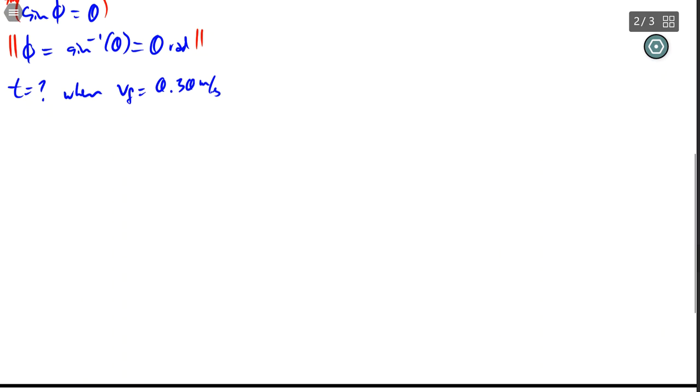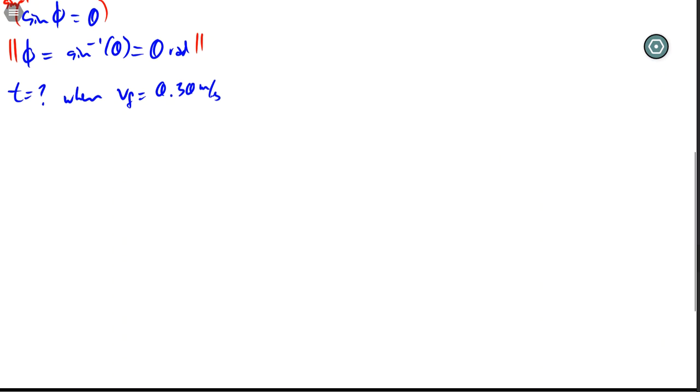Now, once again, I'm going to use the velocity equation for simple harmonic motion. But now I don't need this phi part, because that is now 0. Okay, and so solving for time,